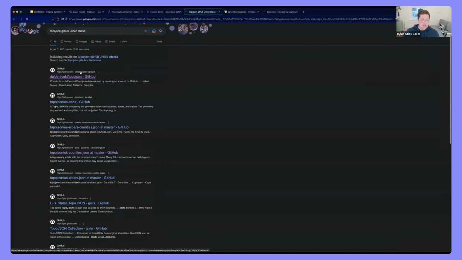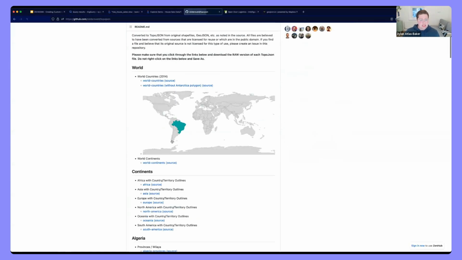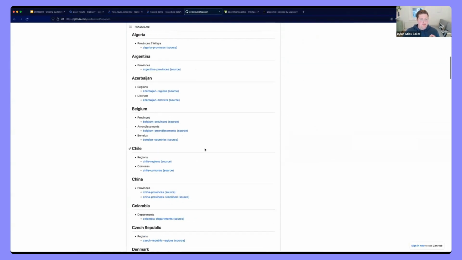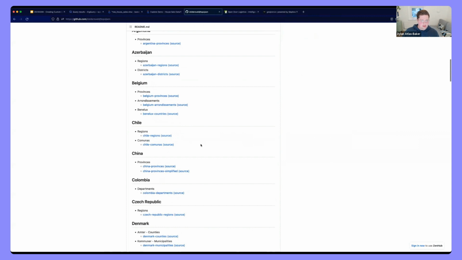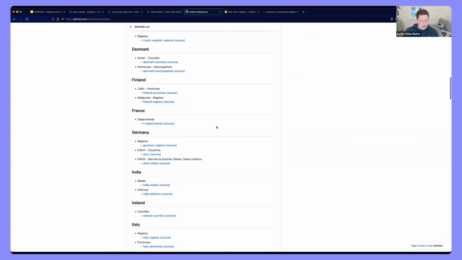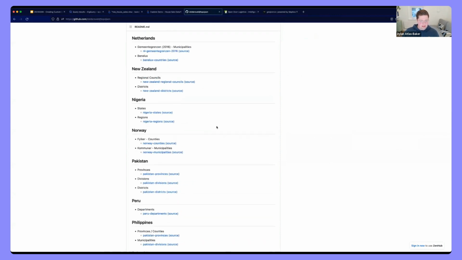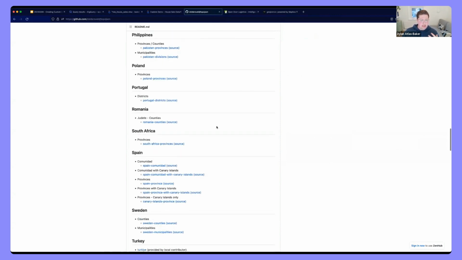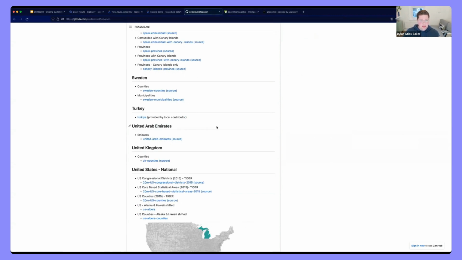There we go. This one, which is the one that we'll share with everyone, has a list for a whole range of countries of different TopoJSON files that you can get, whether it's Belgian provinces, Benelux countries, mostly departments or areas within each country. Some have more, some have less. And so typically when we're doing this internally or recommending someone else do it,